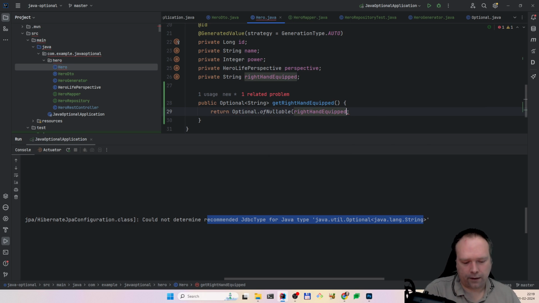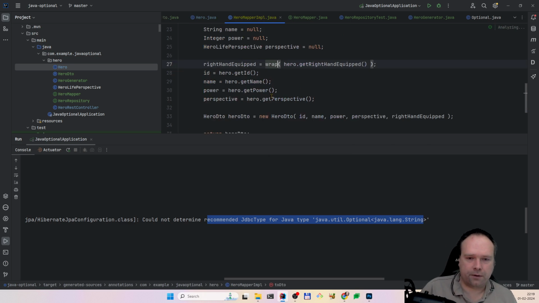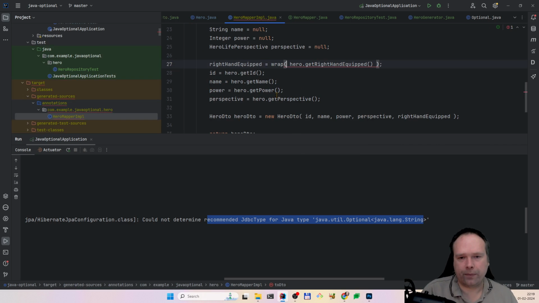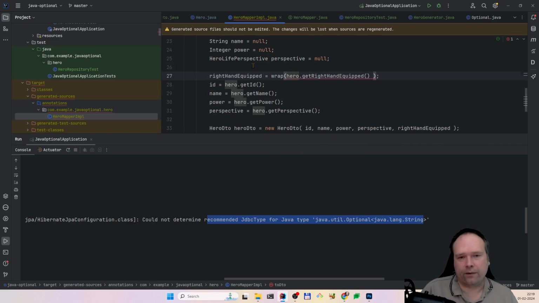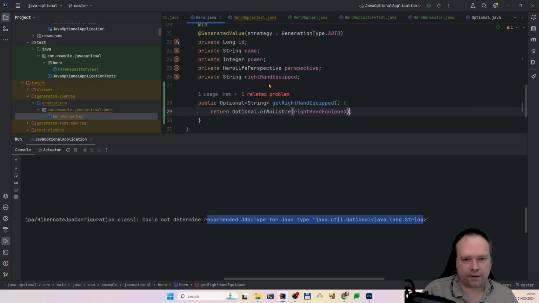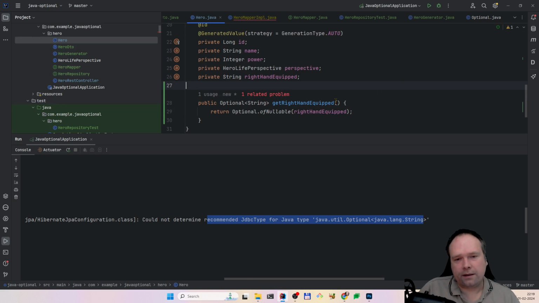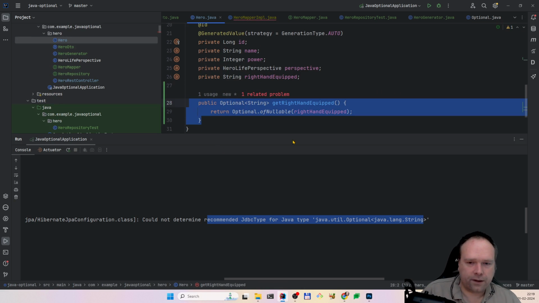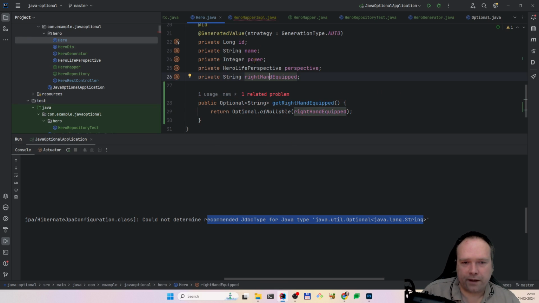So that means that now you have your optional, right? So this means that of course now the wrapper fails because this is totally okay to do. So this is fine to do. Get hand equipped. But let us use another field because that one was already. Let's say that the name could be null instead. So get name and name,